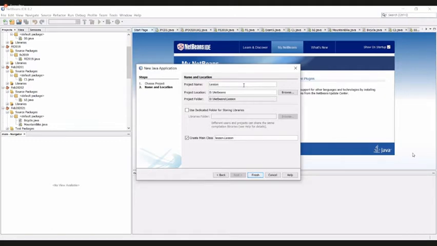We'll use, this is now 29 third. Right? Class name, I'll give it as variables. Right? The Create Main Class checkbox is checked, then click Finish.